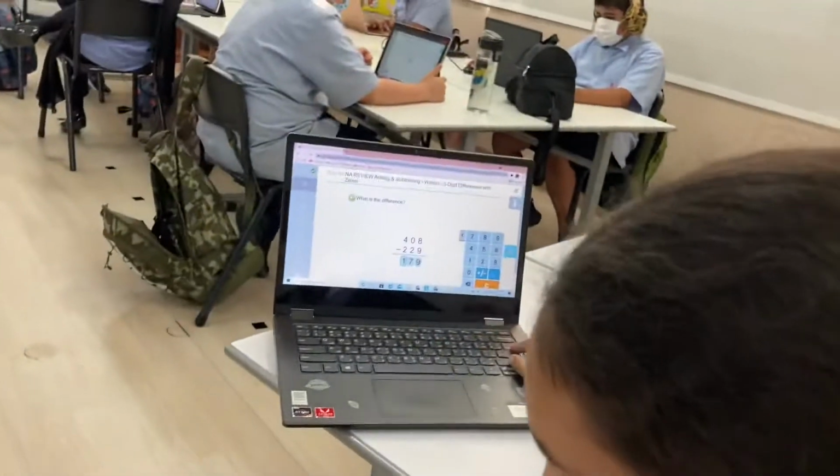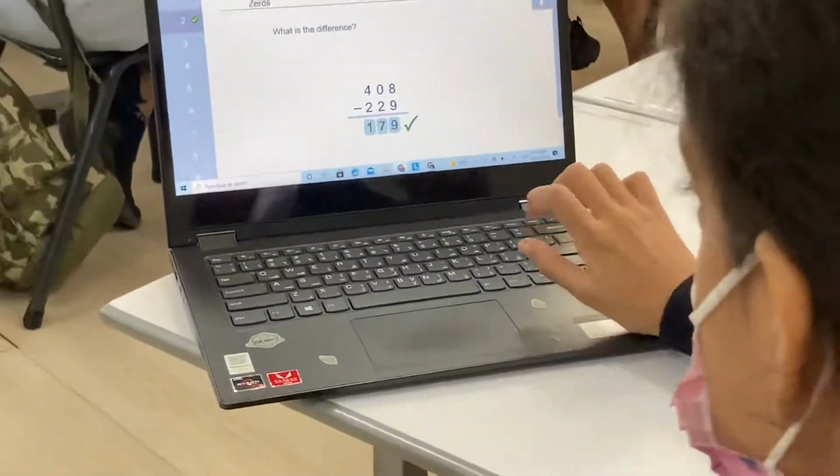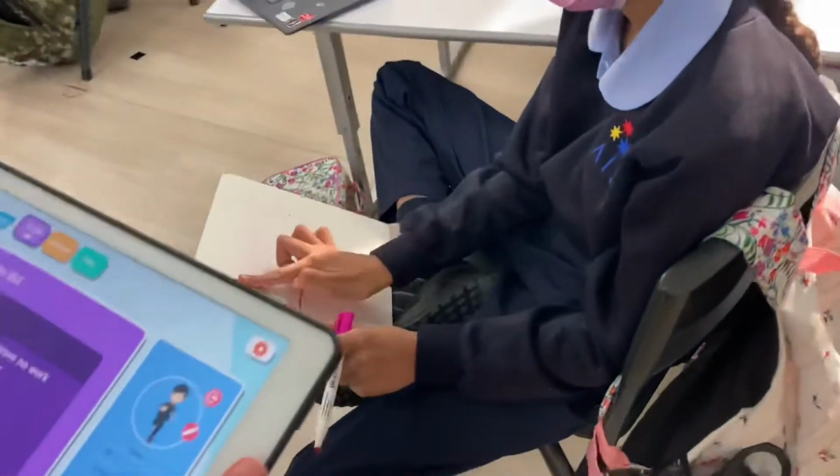I want a task to do, but I don't have one. Well done, Rhoda. You don't have tasks? Okay, so if you don't have tasks, what you could do is go into Explore. If you press Explore,